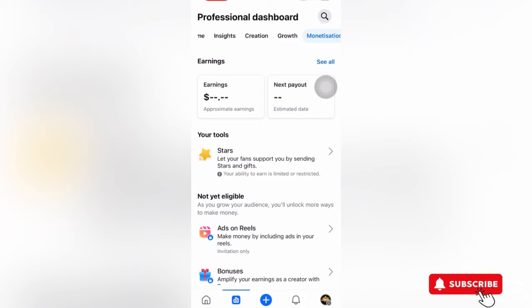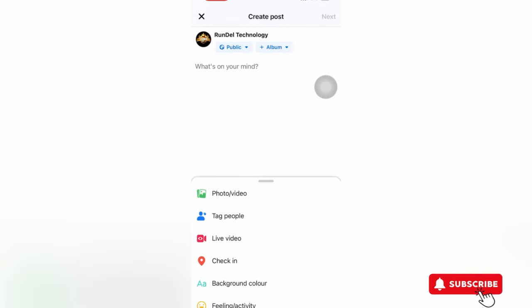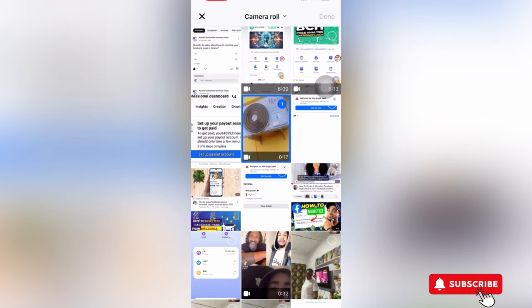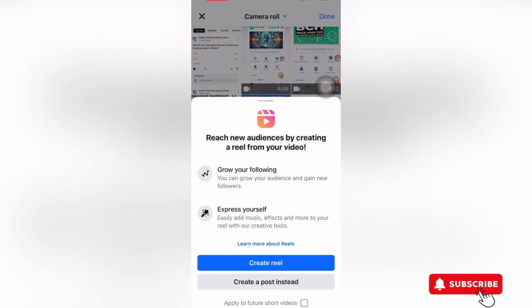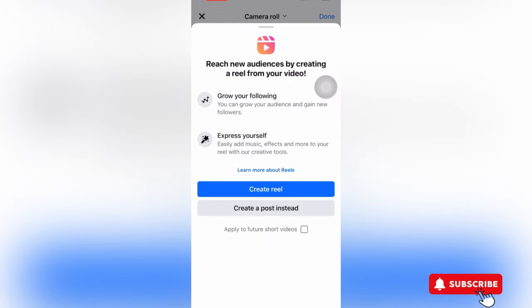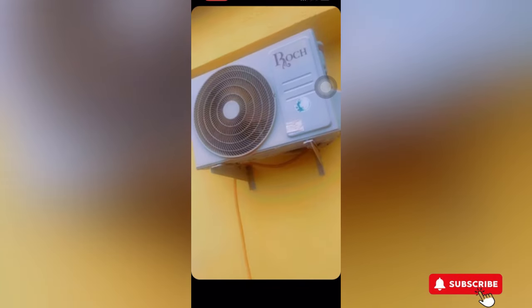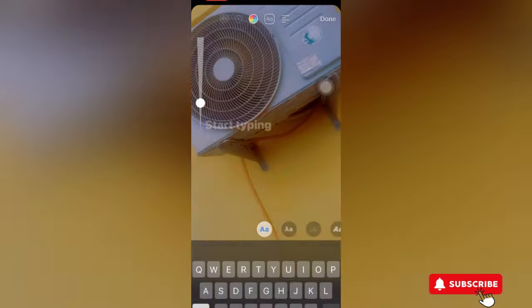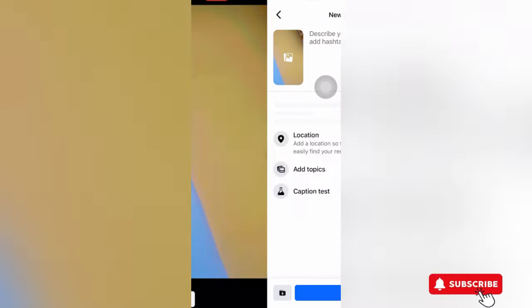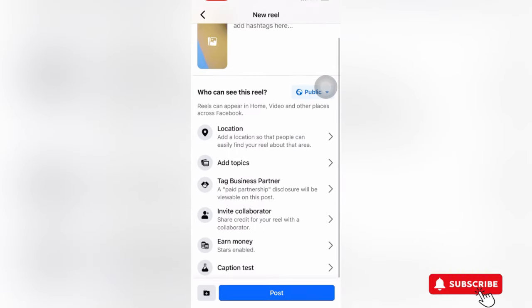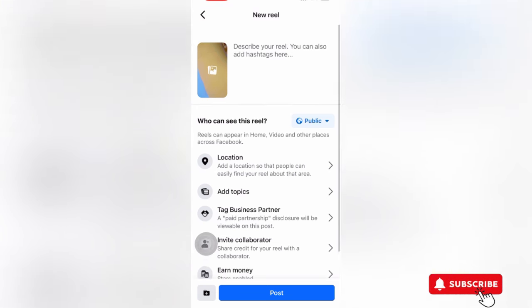Yeah. So this is how I monetize my page, and if I'm posting a reel or a video, it will monetize. Create reel. So I've seen it earn more money and also in stars. So if I share it, it will monetize